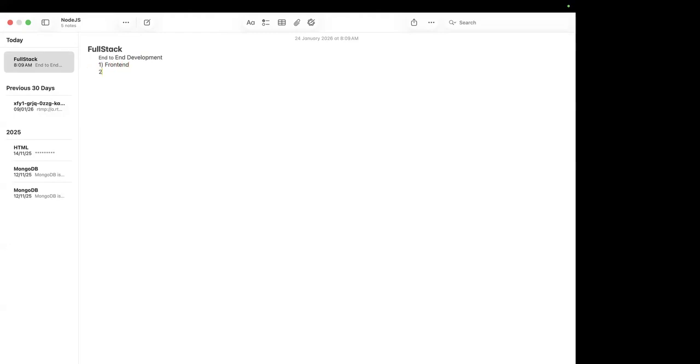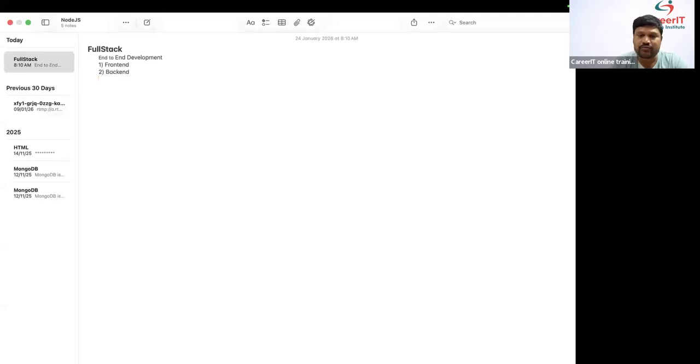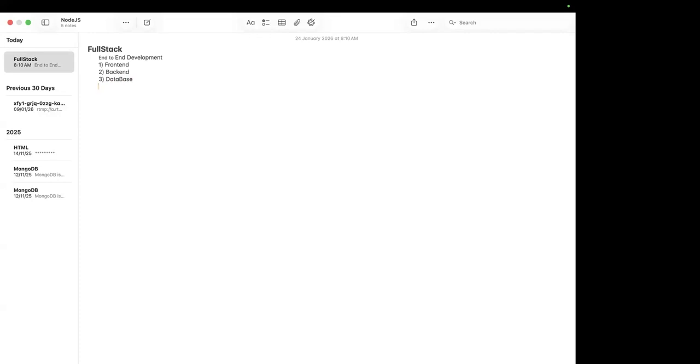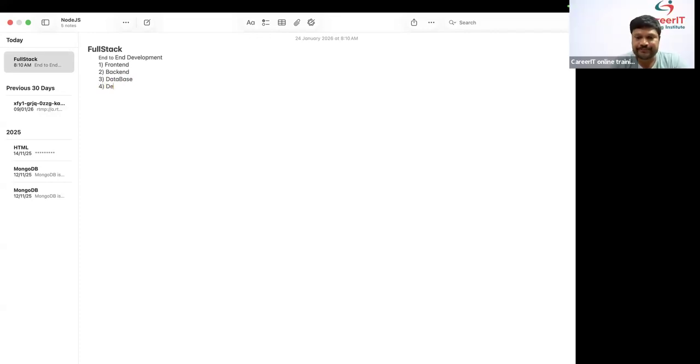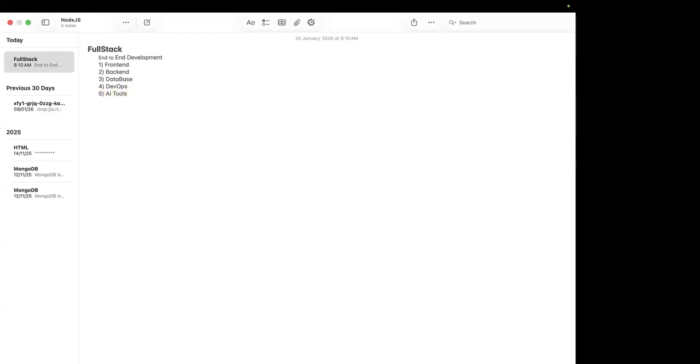Front end development, next back end, next database, next the cloud deployment like AWS cloud, Microsoft Azure, GCP, Google Cloud Platform. So many clouds are there. Not only that, AI tools integration. Then this development we can call full stack development.